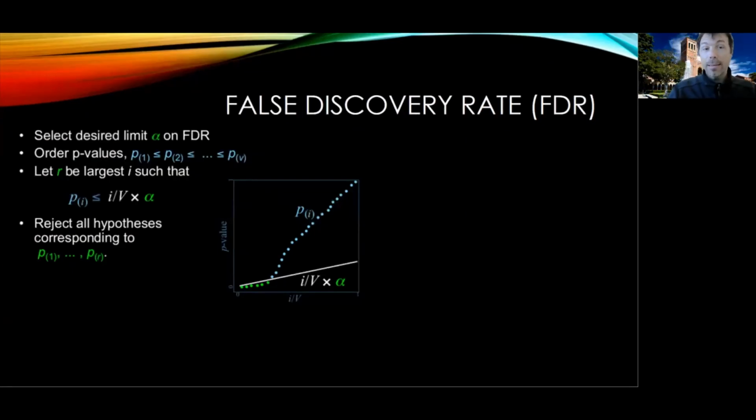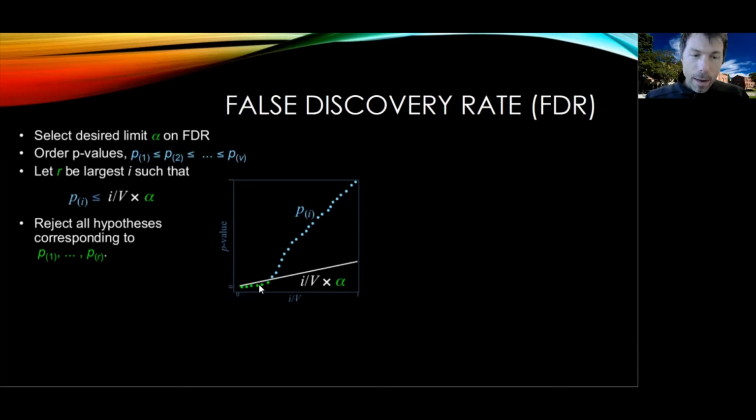And finally, the last type of correction that we have seen is known as FDR, or false discovery rate. The idea, as we said earlier, is to control, of the positive claims you make, what proportion of those are false positives. To find out how to do that, you order from the smallest to the largest all the p-values of all of the voxels in the brain, and you're going to declare